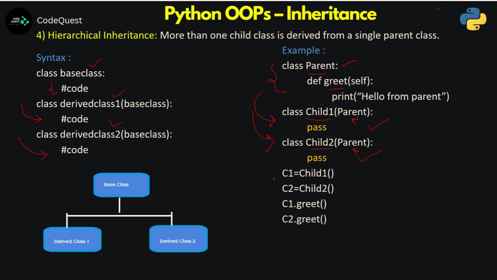So now when we create the object of the Child1 class, let's say C1, with the help of C1 I can invoke the greet method, which is actually part of the Parent class. Similarly, here we created the object of the Child2 class, that is C2, and using this C2 we have called the same greet method of the Parent class. So as a result of these two calls, greet called with Child1 object and Child2 object, we will be able to invoke this greet method 2 times. Hence we get the output like hello from parent